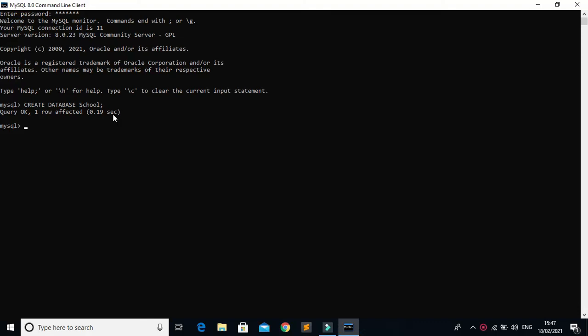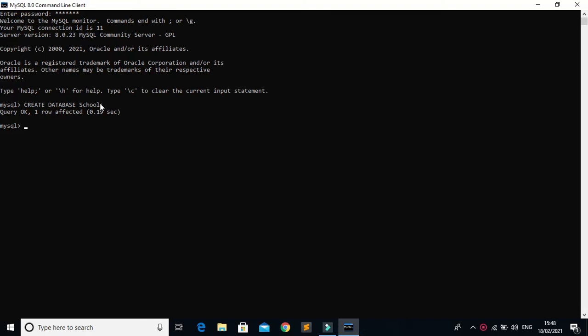Now one more thing, once this statement gets executed, a database with the name school is created on the system. You may give any name to the database. Now to open the database to work, the use statement is required.